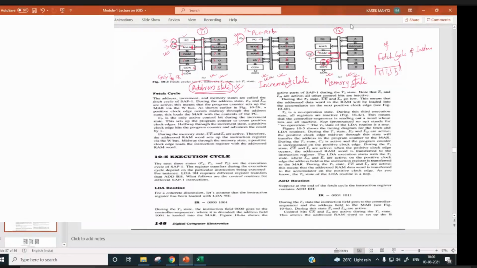And during T4, T5, T6, execution of this instruction will take place. So this is called execution cycle. And fetch plus execution cycle is called instruction cycle.